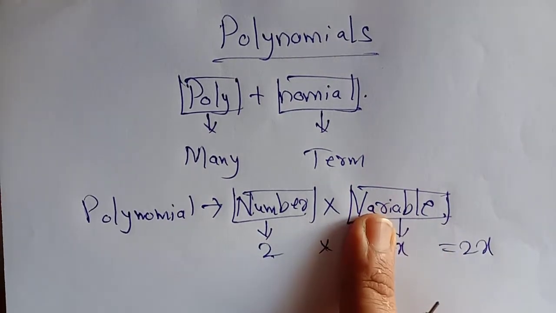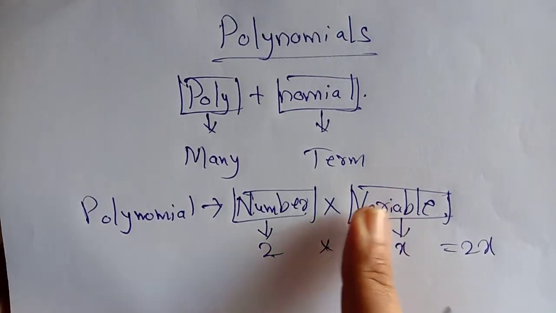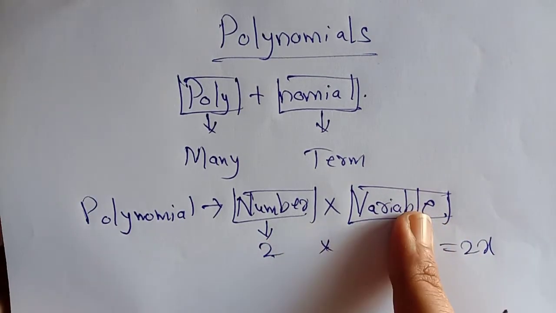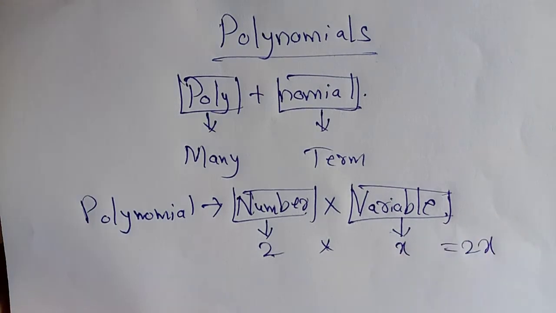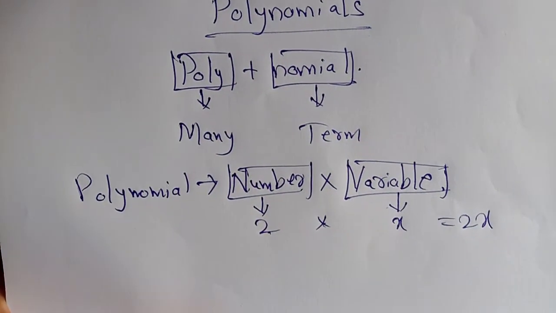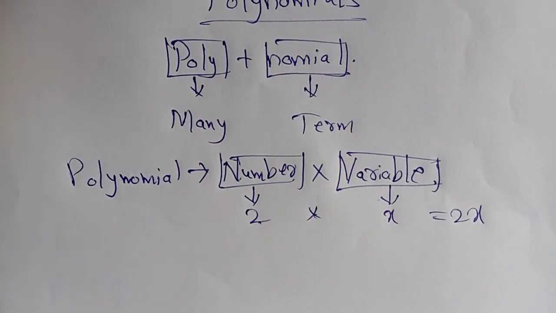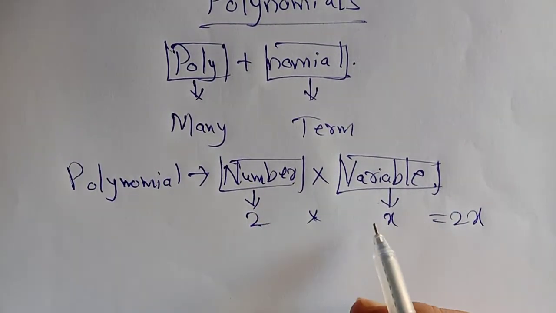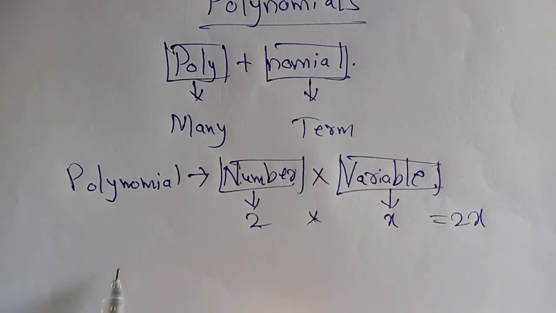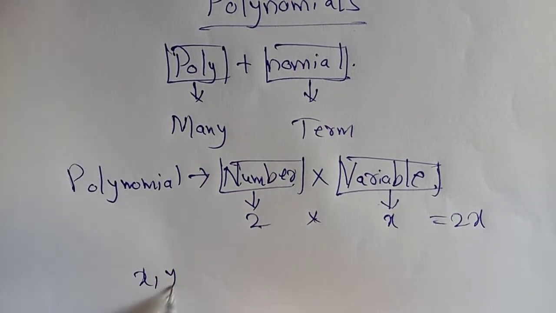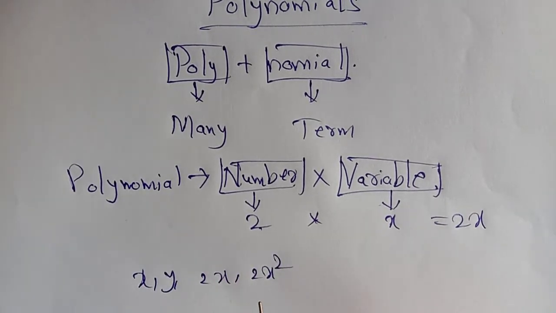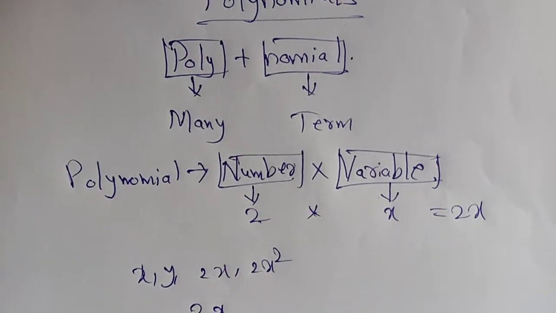So what is the variable? Here variable means you can use any letter, P, Q, R, S, A to Z, small letters, any one we can use in the form of variables. And a number, already you know what numbers you can use, 1, 2, 3, 4. We can't say here that 1 is absent, because nothing is there means 1 is there always. I will show you how. So we can take x, y, 2x, 2x square, anything you can take. And one example I will write here, 2x square